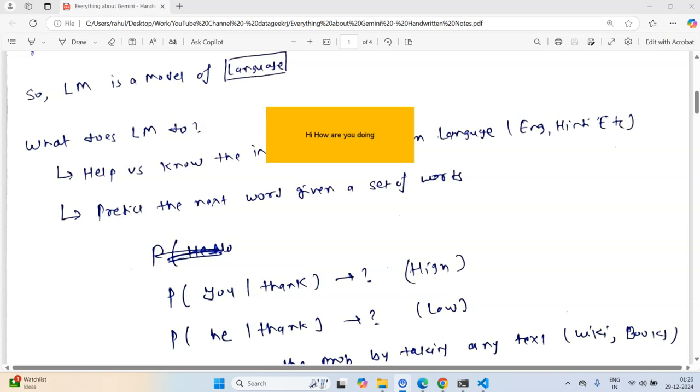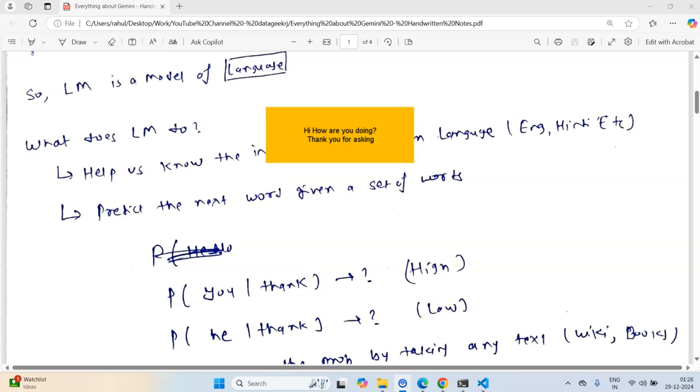And another sentence: thank you for asking. Although this is a very simplistic representation of the entire Wikipedia, let's suppose the entire text only contains these two sentences.